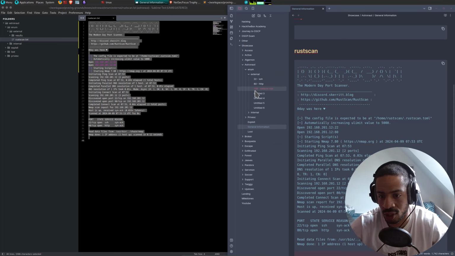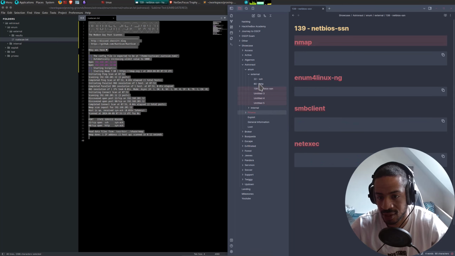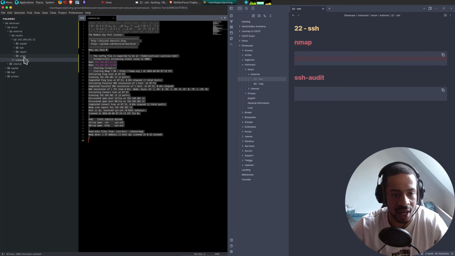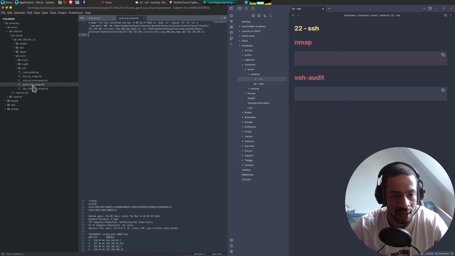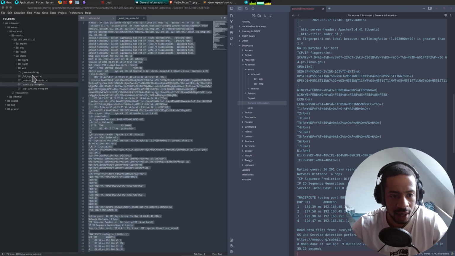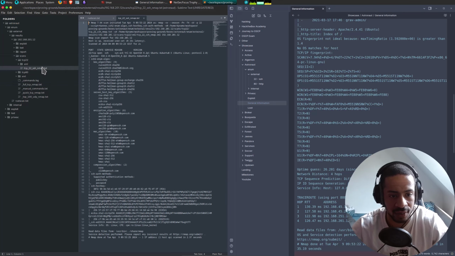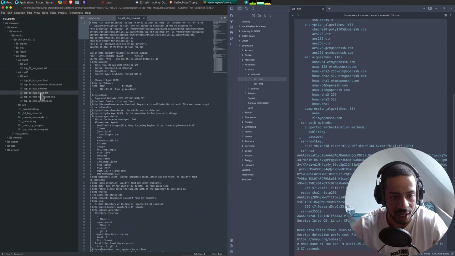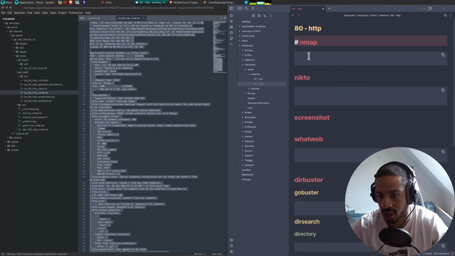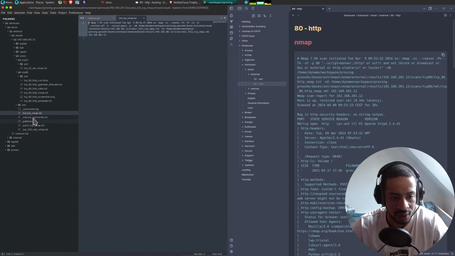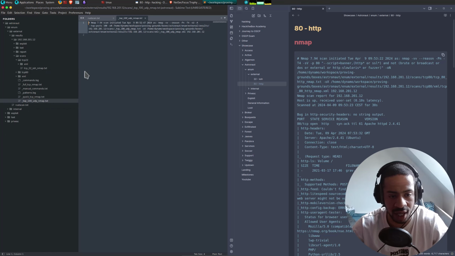So let's go to enumeration and delete all of these. And let's go here. The scan should be all done already. The quick scan is finished. Let's just copy that here. The full scan, of course, is not. SSH, we'll put it there. And port 80, we'll put it there. Like so. Then the full scan, still not. UDP, still not. Okay. So let's just get straight into it.